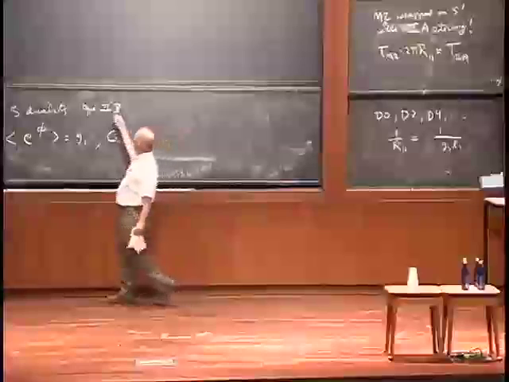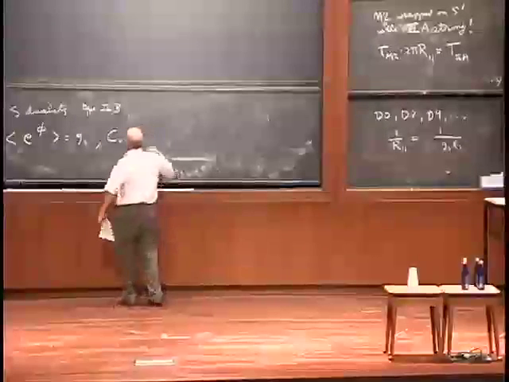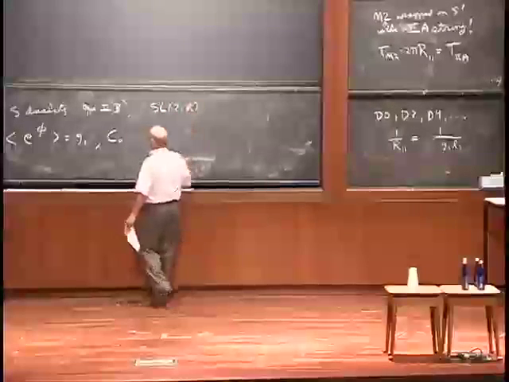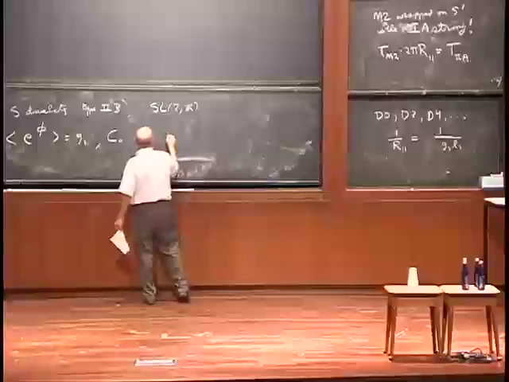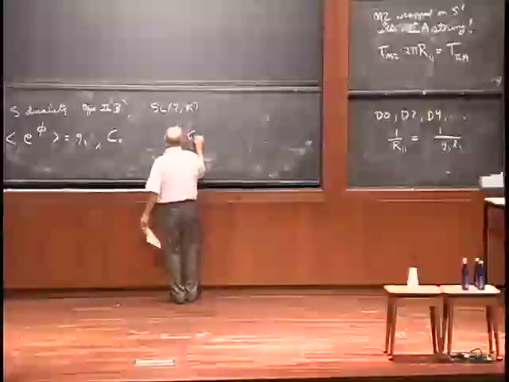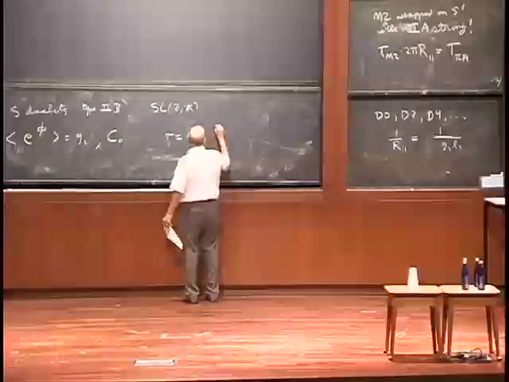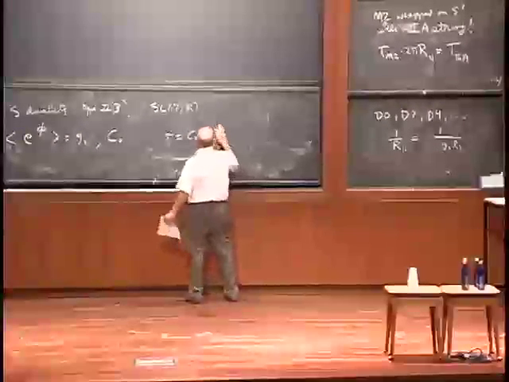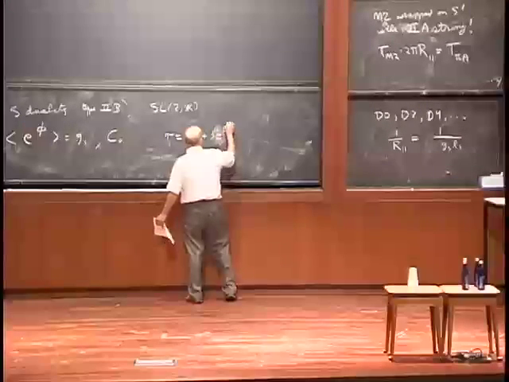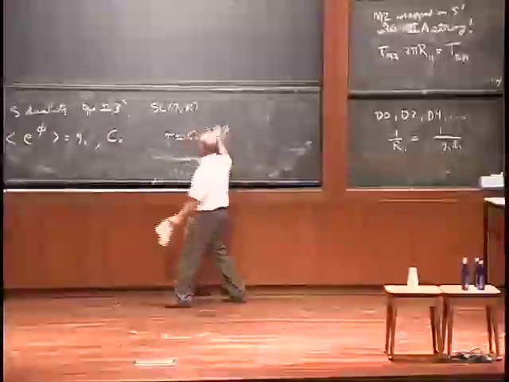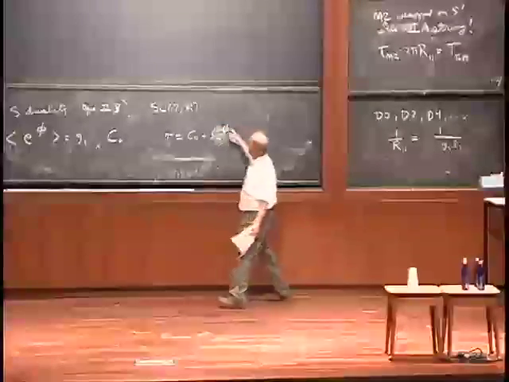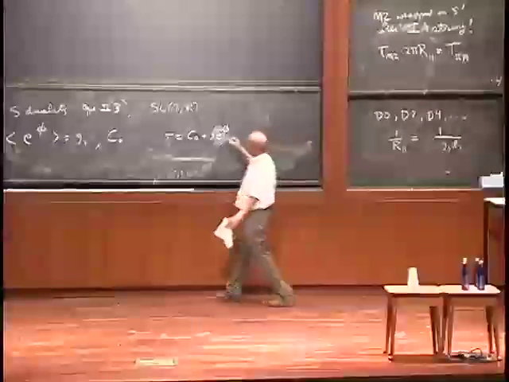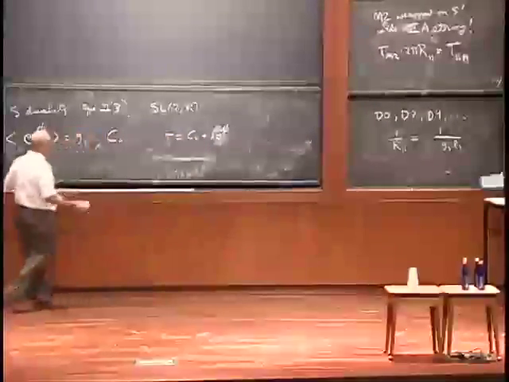And it turns out that the supergravity theory has a symmetry SL2R. And the way to describe this symmetry is to introduce a parameter tau, which is C0 plus i over g string, basically. Or, I'm sorry, I don't want that. I want i e to the minus phi. I want the field, so e to the minus phi. So the expectation value would give you 1 over g string here. So this is a complex scalar field that encodes these two real scalar fields.